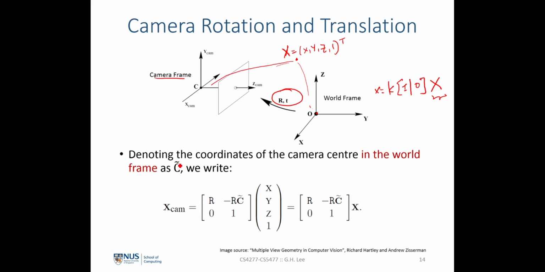Let's denote the inhomogeneous coordinate of the camera center as C tilde. C tilde essentially simply means the x, y, and z coordinate of C with respect to this particular frame. That means that the camera center is expressed in the world frame, and we will denote this by C tilde. So given any point, if we know this relation, and we also know that there is a rotation, that means